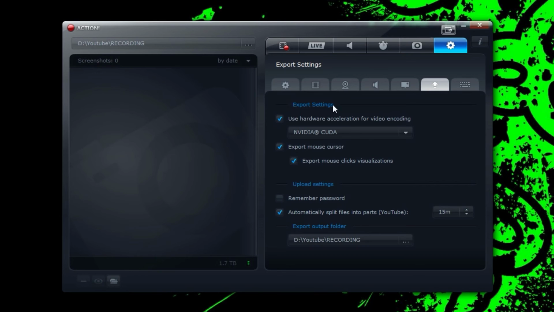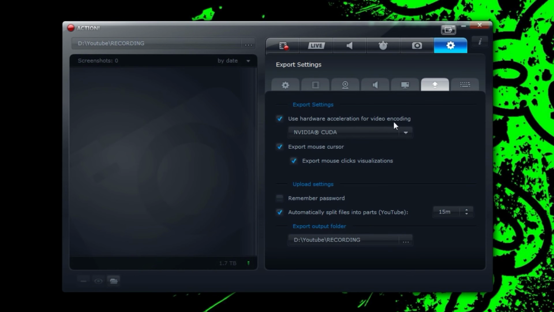Over here we have the export settings, and this is what I was mentioning. Up here you actually have the raw footage stored option, where down here when you choose to export it, down in the bottom here you can choose where to export it to. So this is also a very important one to use if you do actually choose to export your footage every time. In here you can choose to use hardware